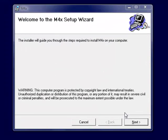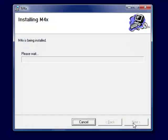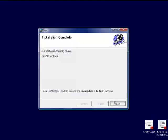So now we're going to set up the M4X user application. There's nothing special that needs to be done. Essentially, just accept all the defaults. So we'll just install this program, accept the default folder location. Click Next to begin the installation, and we'll just let that finish. Very simple installation. We'll close the installation dialog here,